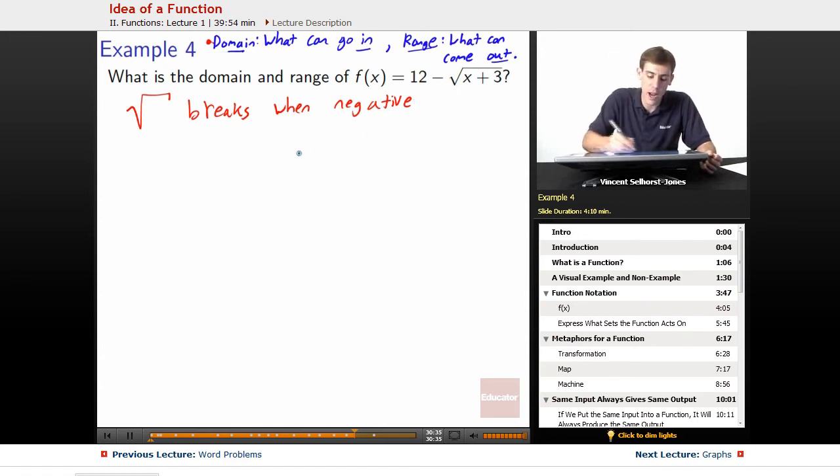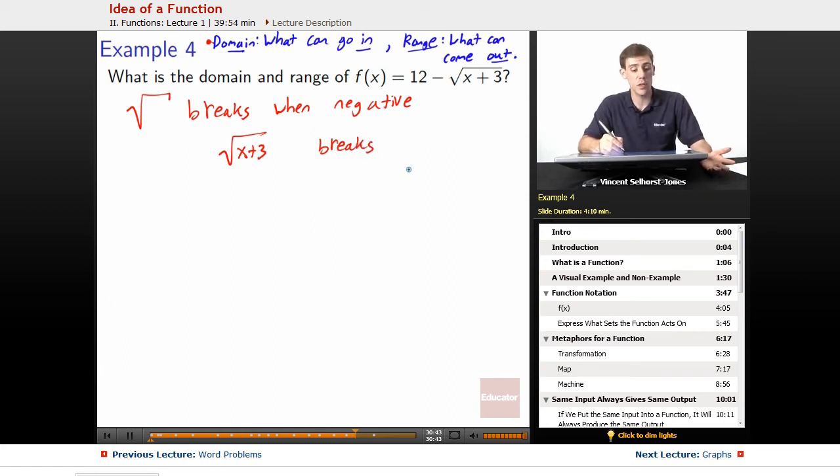So when will this break? Square root of x plus 3 breaks when we have a negative inside. So when is x plus 3 going to be negative? When x is less than 3. Sorry, not less than 3, but less than negative 3. So if x is less than negative 3, if x is more negative than negative 3, then this will be